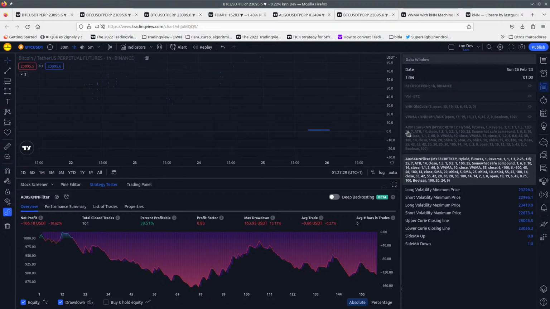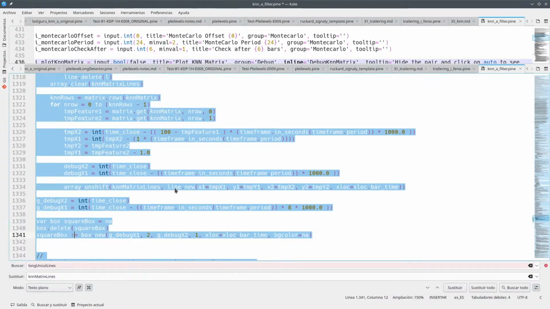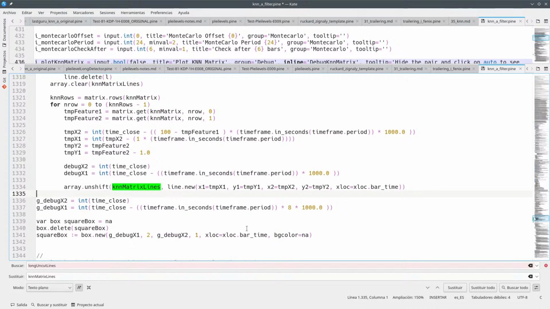Okay, look at this. Now we only have one box. And the question is, what happens if we click auto? Yes, we see it down there, but so now what we are going to do, let's try to do this properly. So 100 is when this is true, so x2 is time close int. So it's going to be time close int,